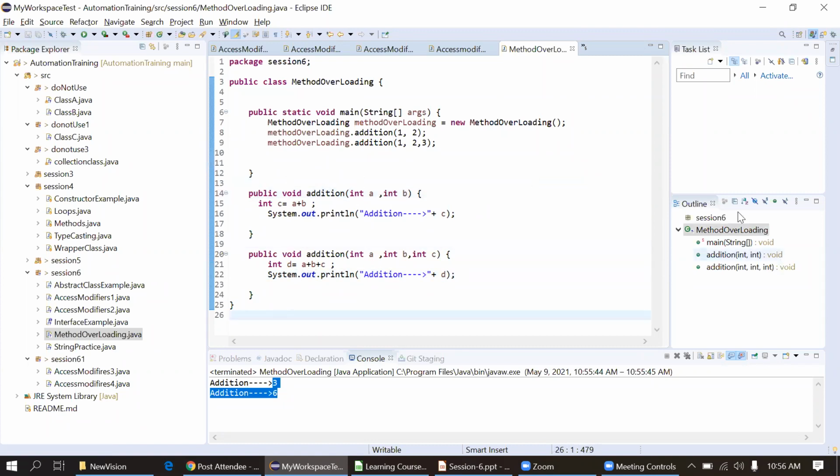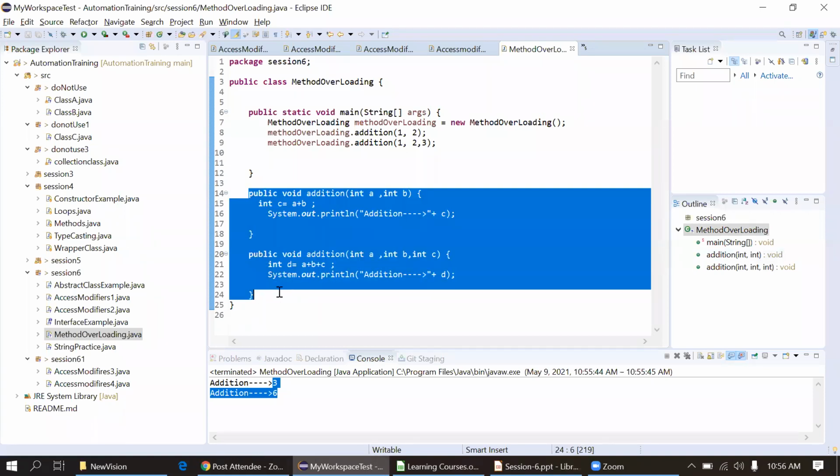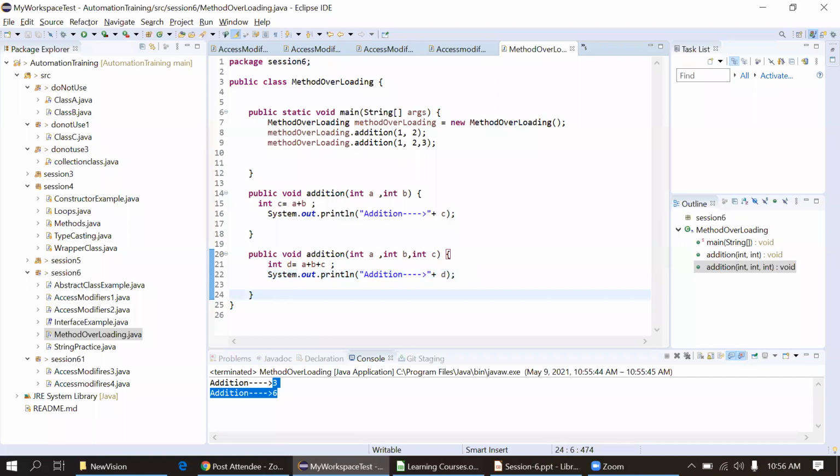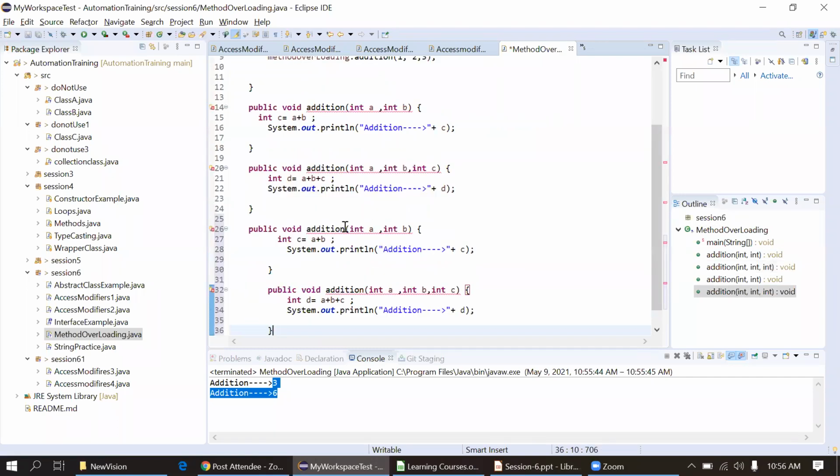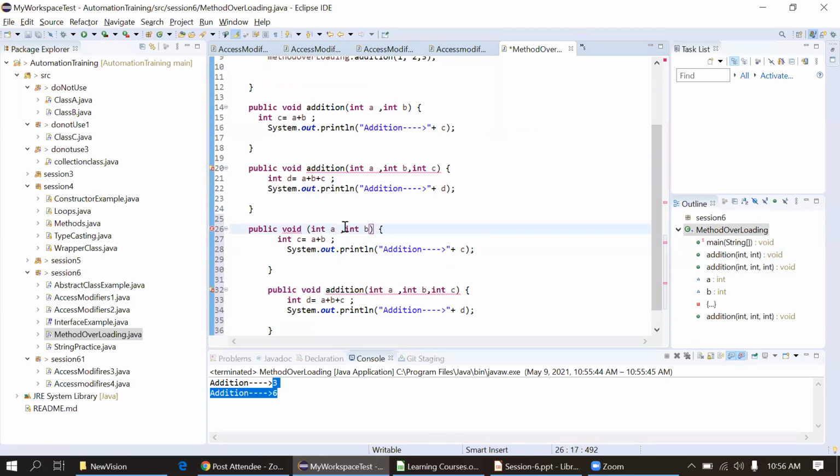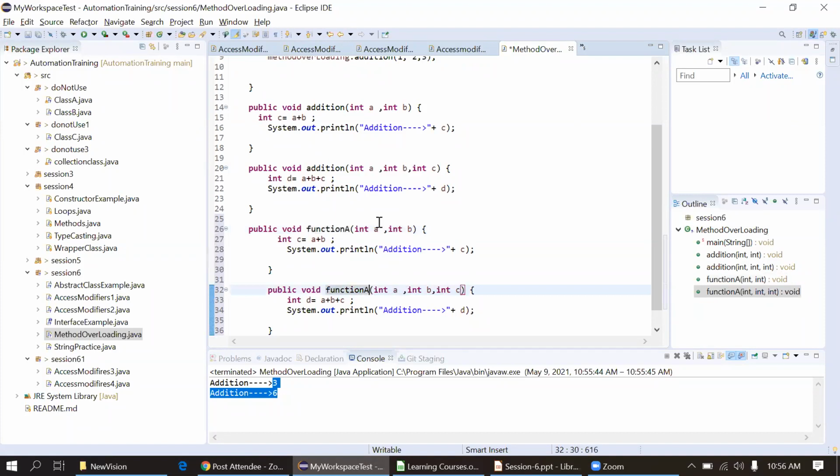We'll just copy this. I will put some name, function A. Same name I will put here to overload the method.